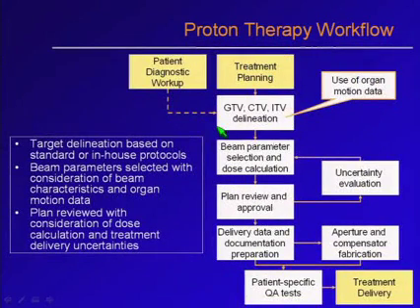Here is a situation where the patient diagnosed